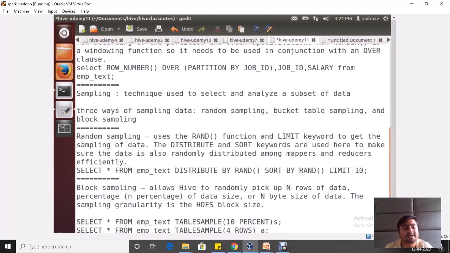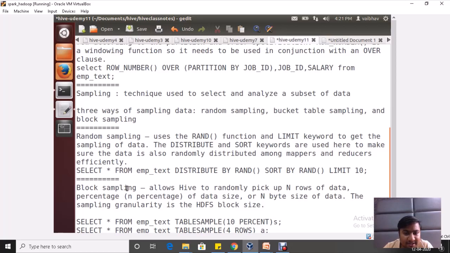It is also very important. Here is a case: someone can ask, okay, I have given you a 1 TB file. How can you identify or check what type of data it contains? You cannot directly write a program to read it completely. You cannot fire a command to load that complete file into your database. You have to use sampling here, and then based on that sample data you can answer your queries. So that was random sampling.